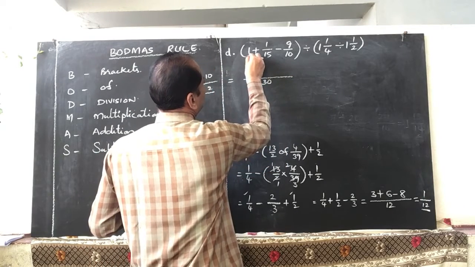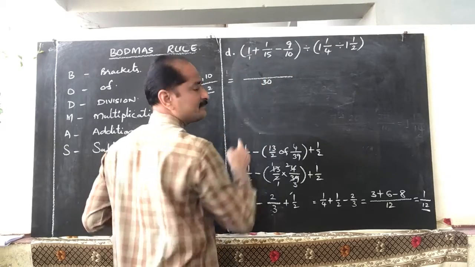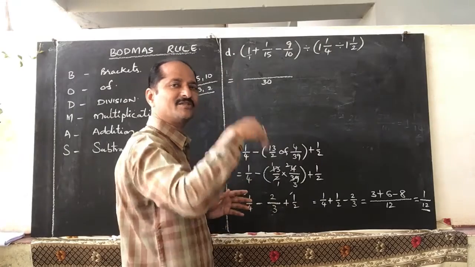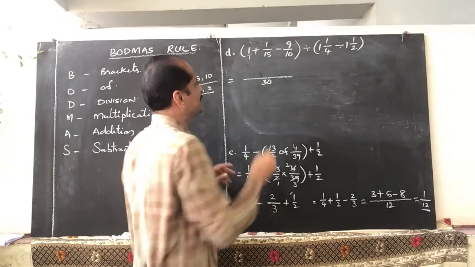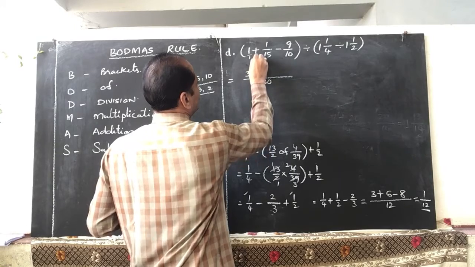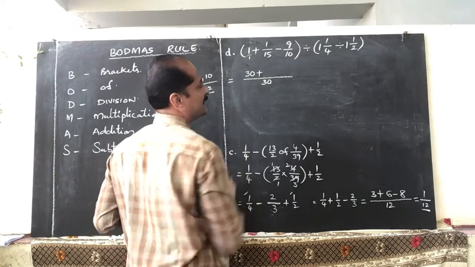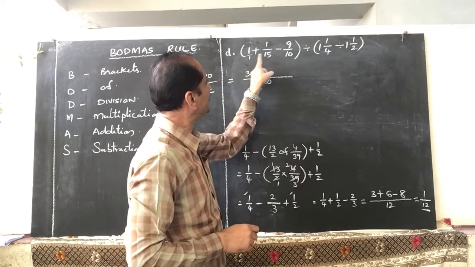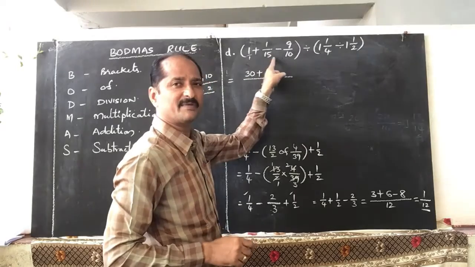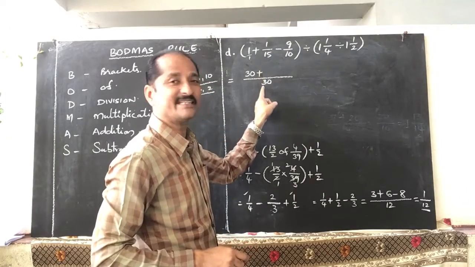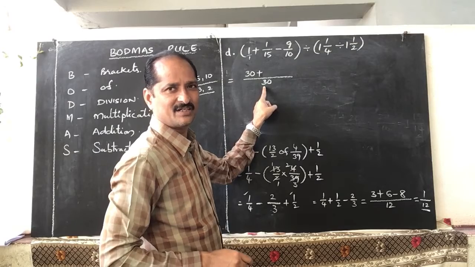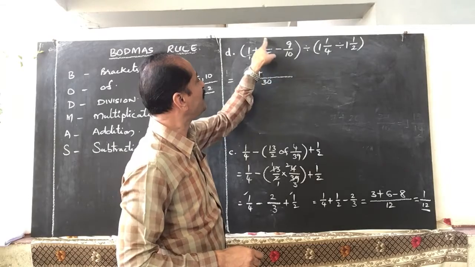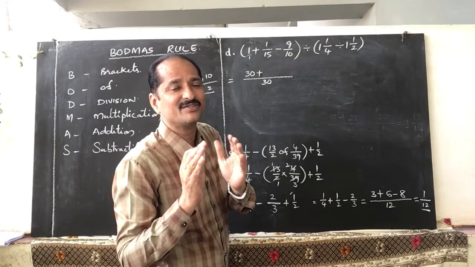So 1 is nothing but 1 by 1. When 1 becomes 30, if you are multiplying 1 with 30, it becomes 30. So the numerator also should be multiplied with 30. So the numerator is also 1 30s are 30. Plus, when 15 becomes 30, that means we are converting each denominator equal to 30. All the denominators become 30. So we are writing 30 as a common denominator. Understood? So when this becomes 30, how can you write 1 by 15 with a denominator equal to 30?